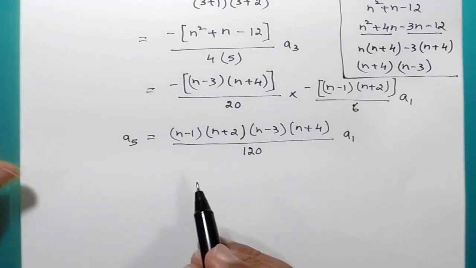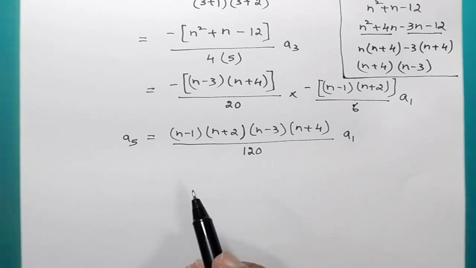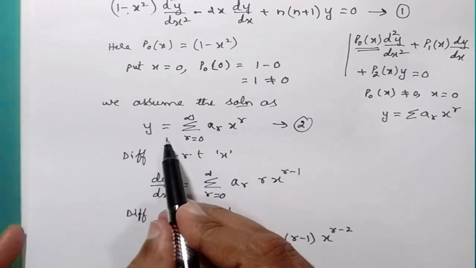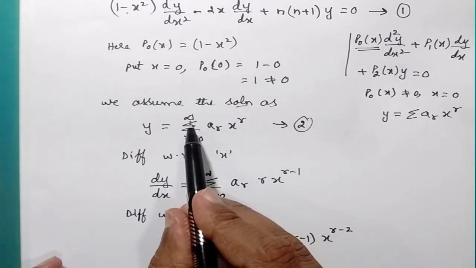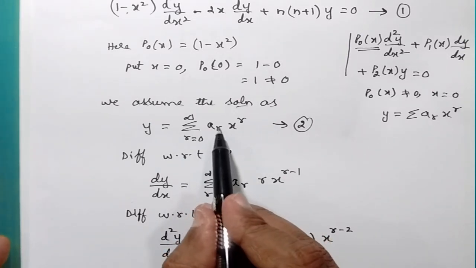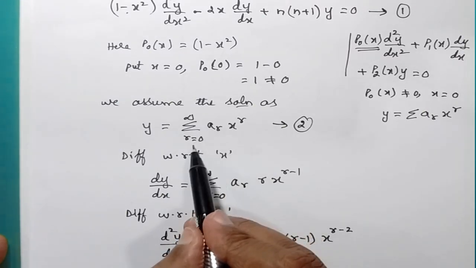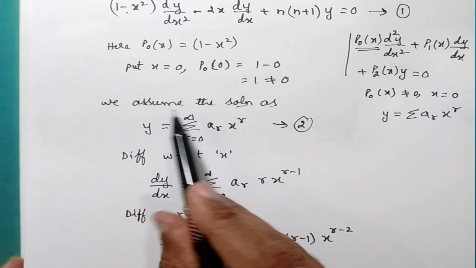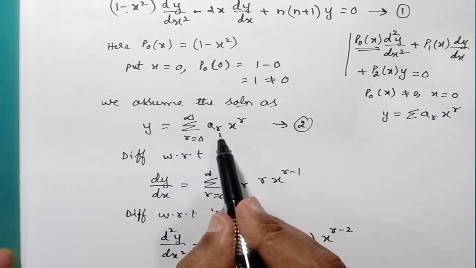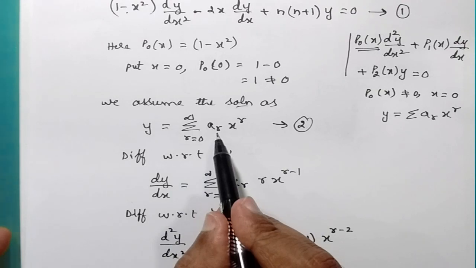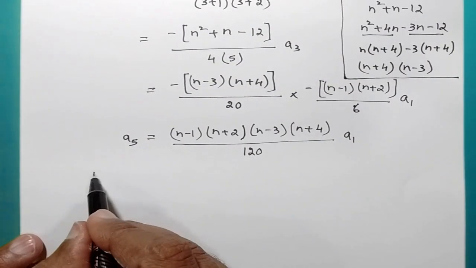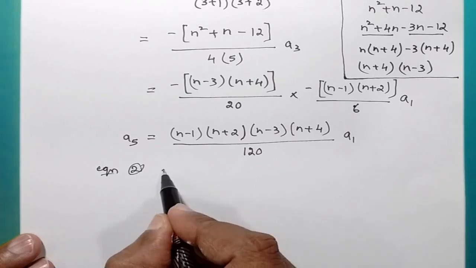Now all these values you have to substitute back in the initial solution that we have assumed. If you go back to the initial solution that we have assumed, that is equation number 2. Refer equation number 2. Can you see here equation number 2? Y is equals to summation of r is equals to 0 to infinity a r x power of r. But different values of a are calculated, so we need to expand it. So put the value of r as 0, r as 1, r as 2, r as 3 up to a5 we have calculated. So I will be writing down this series, equation 2 up to a5. So starting with r as 0, I will rewrite this equation number 2 in the expanded form.